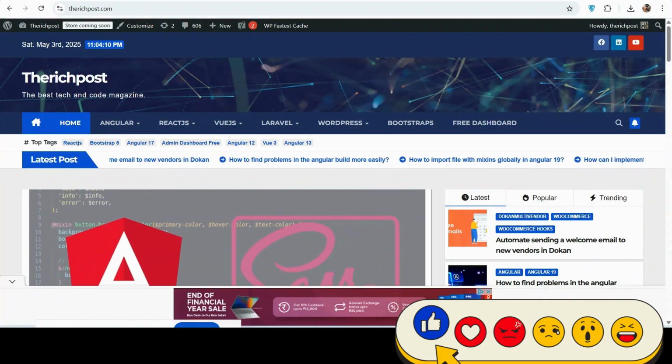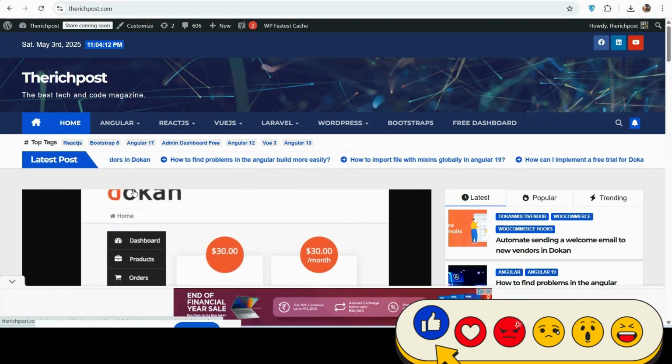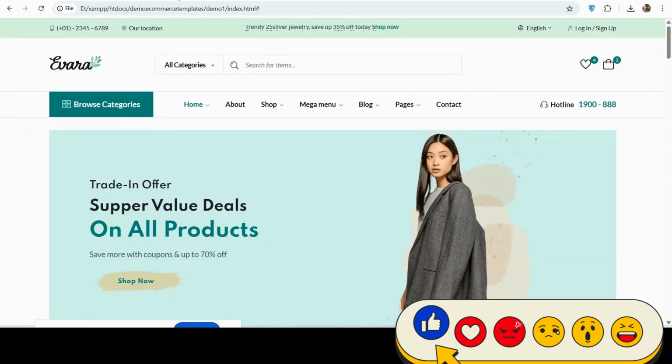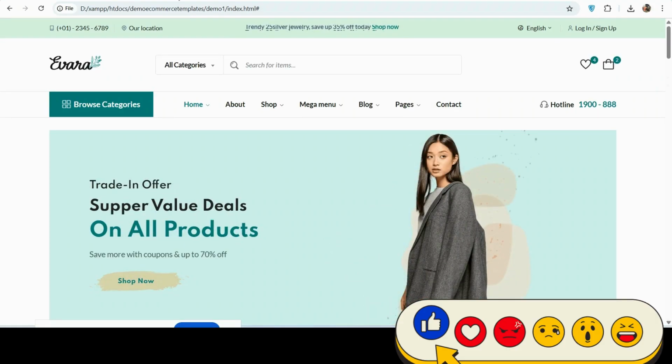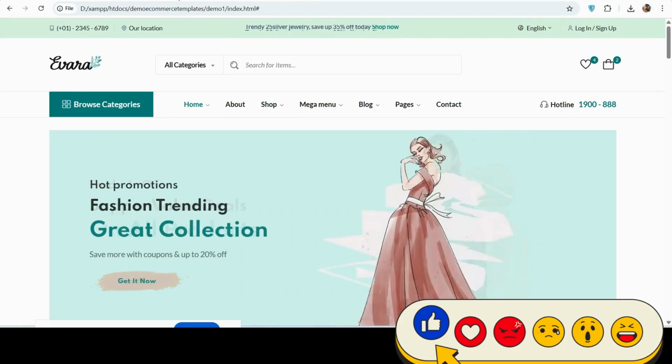So friends, in this working video, I'm going to show you the beautiful e-commerce template, Bootstrap 5, fully responsive and totally free. So friends, before showing you the working demo and code, I must say please watch the video till the